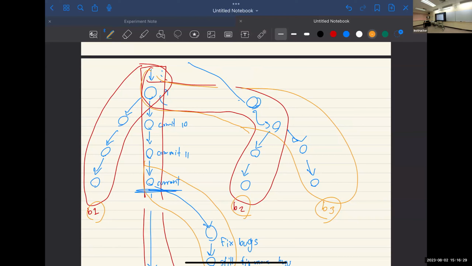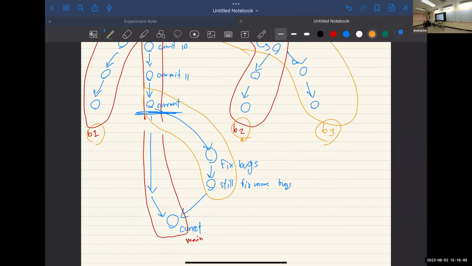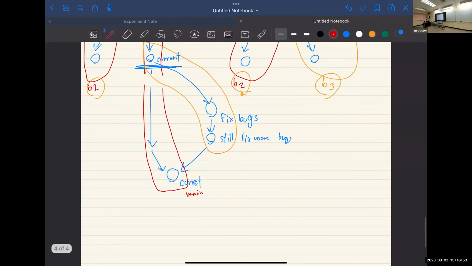So I will make a new branch and work on feature 1, and my friend will make another branch and work on feature 2. Which one finishes first doesn't matter because they don't depend on each other. So if my friend finished first, after the testing and everything, he just merges his branch back to the main. So now he finished the change. He's gonna merge back to the main. So merging,